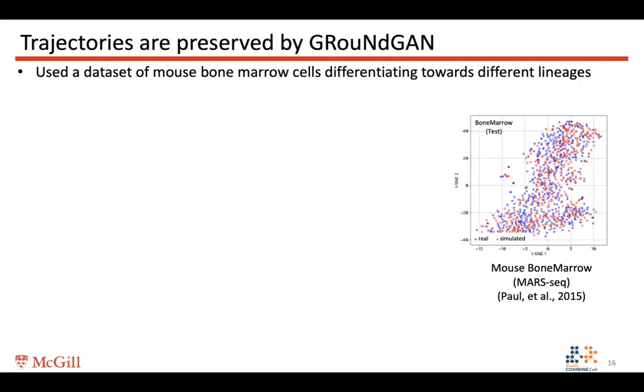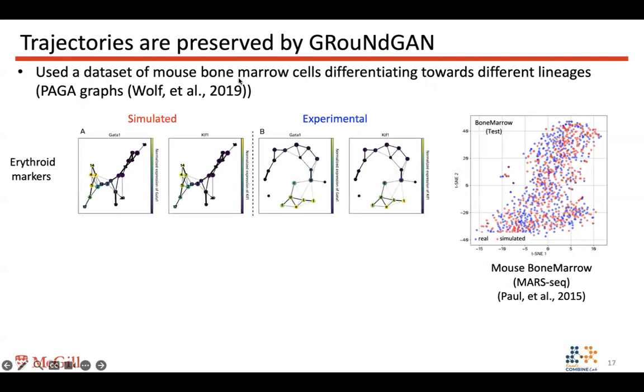And this was great news for us because it shows that it is an effective simulator for GRN inference method benchmarking. We also observed that the trajectories and the pseudo-time ordering of the cells generated by GRouNdGAN are preserved and matched the experimental data. We looked at a data set of mouse bone marrow cells differentiating towards different lineages. And we used PAGA to build discrete states and continuous states in this data set. And not only the topology of the graphs built using simulated and experimental data matched, but also the activity of the markers of different cell types of the data had a very similar pattern in a consistent way,